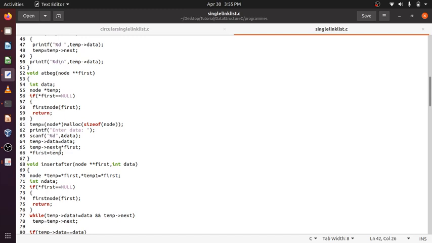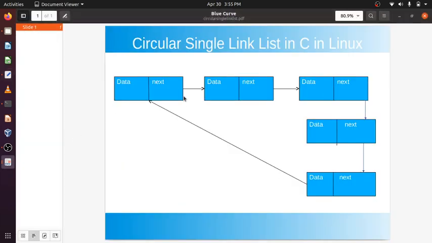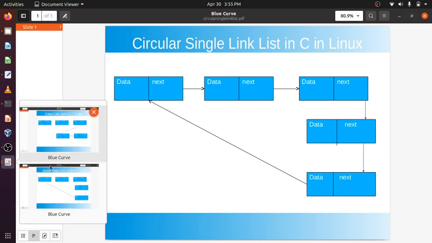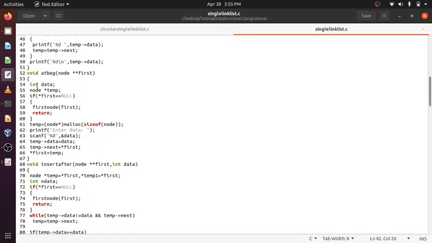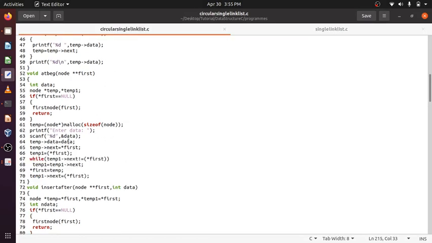In a single linked list, at beginning we are just creating a node. First will be pointing here, so temp next will be first, and first will be temp. Temp next will be pointing to first. First will be temp. For circular linked list,